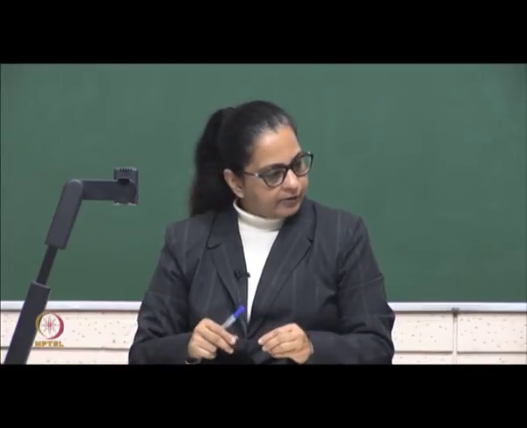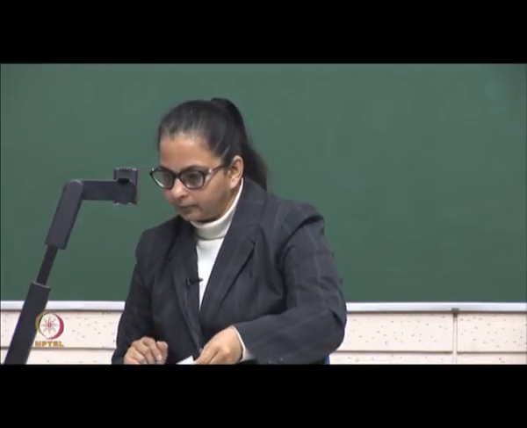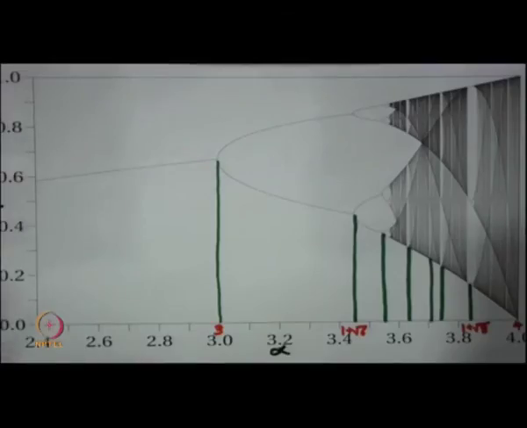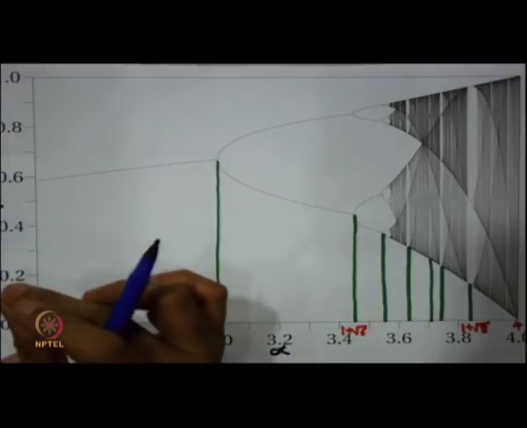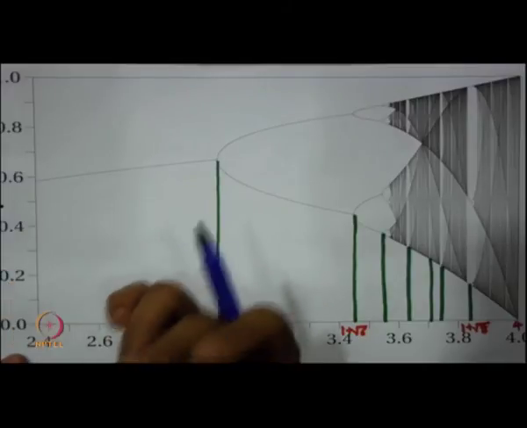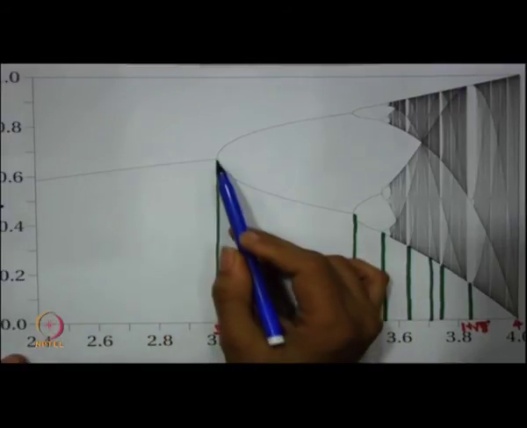So, if we try to sum up whatever we have observed till now, we will look into this particular picture. So, we try to analyze this picture here. Here we find that you have a periodic orbit. Up to 3, from 0 to 1, you had this periodic orbit, 0 was stable. Then you have another fixed point born and that is stable, and that goes on till your alpha reaches 3.